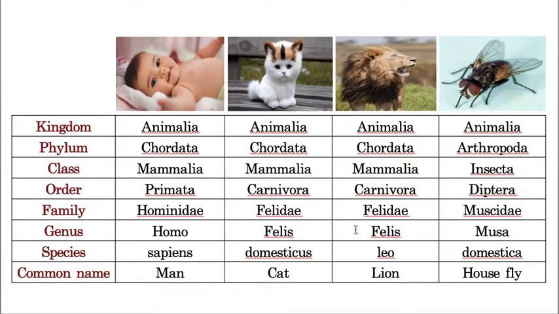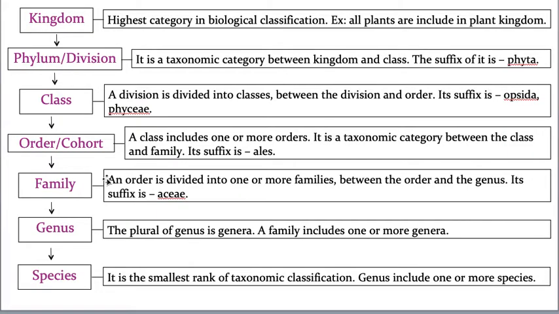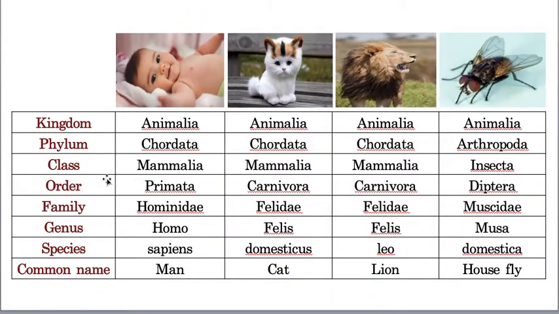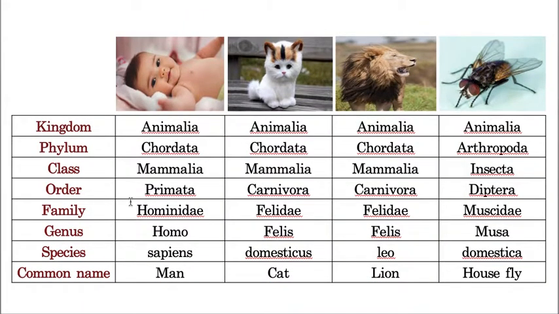I have taken examples of animals also. In that, the first example is human beings. Kingdom Animalia, phylum Chordata, class Mammalia, we are all mammals actually, and order. Students, I think this mouse is disturbing, I'm disconnecting the mouse. I'm sorry, I'm confusing you. I'm taking out the mouse, and again I'll continue my lecture.